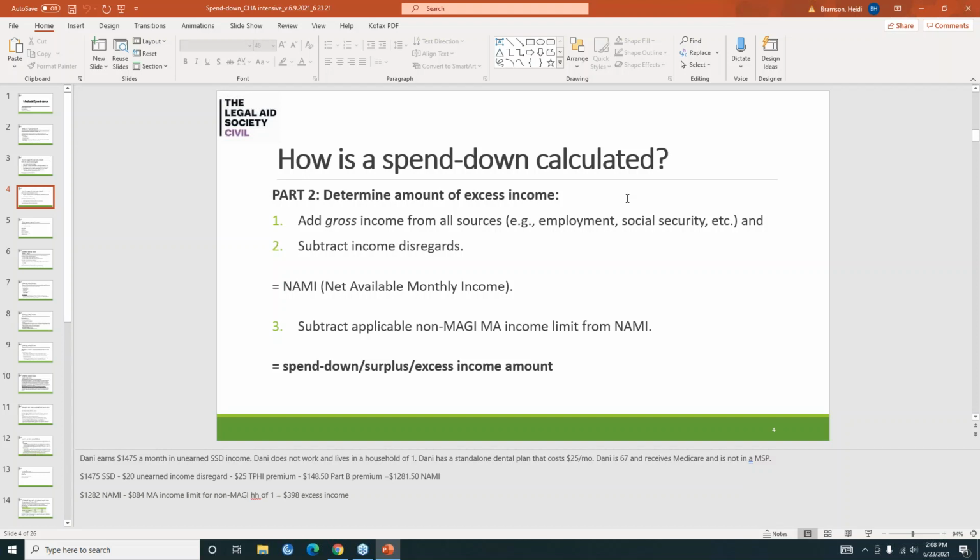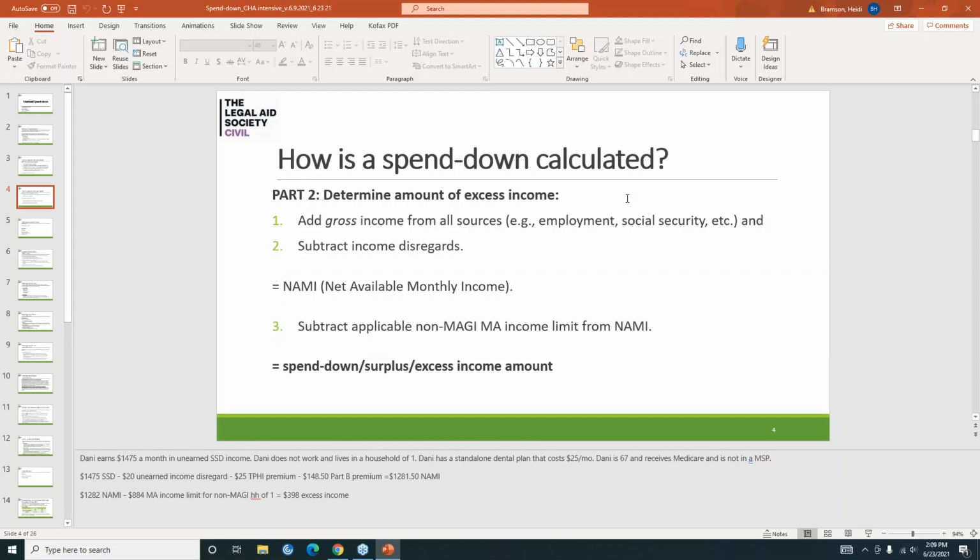So what we do is we take $1,475 of the SSD income, subtract $20 for the unearned income disregard, and then subtract $25 for that standalone dental plan premium. And then you'll subtract $148.50 for the Part B premium. And Danny's NAMI is now $1,282 essentially.